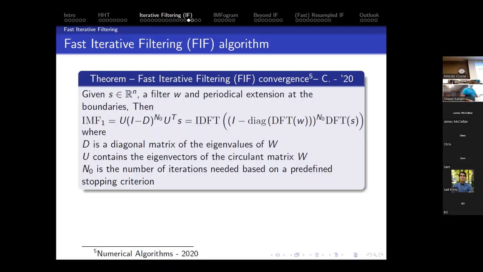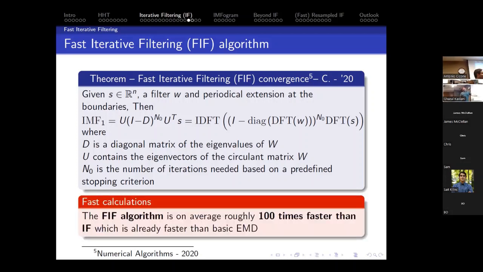So what we do is we do the FFT of the signal, the FFT of the filter, and now we can simply do a vector multiplication. So we multiply two vectors, and what we get is the solution. Plus, the other interesting result is that now this formula can give you the opportunity to have a direct method, because if I know a priori how many iterations I need, I just plug it in this number here, and I compute in one shot the result. So the IMF is given by that formula, where n, you can choose it a priori. Okay, so the method can be accelerated even further.